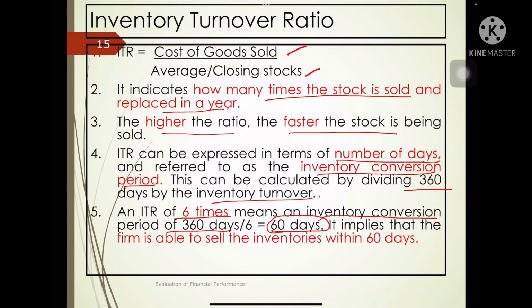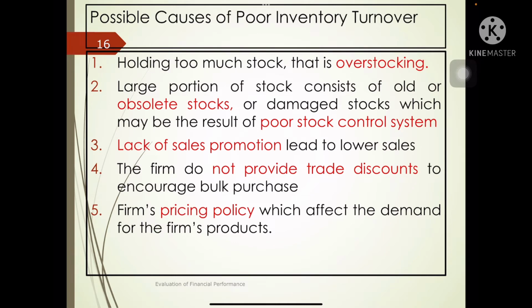So it implies that the firm is able to sell inventories within 60 days. Possible causes for poor inventory turnover, which means slow-moving items of stock. Why is the stock slow moving? Number one, the company is holding too much stock, or overstocking. So it's not good for a company. Why? Because if they have much stock in the store, it shows that they have to put more money in